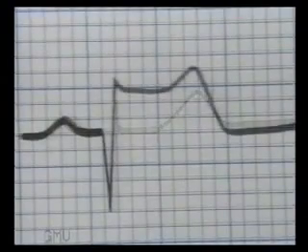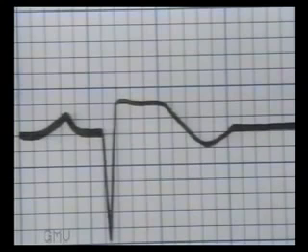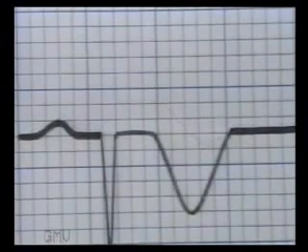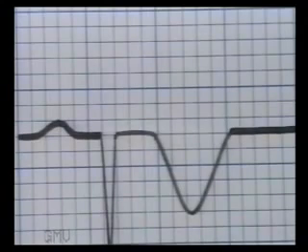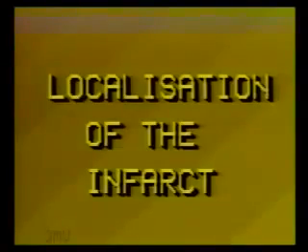This is ST segment elevation with upright T wave on the first day. This is ST segment elevation with inverted T wave during the first week. Now a QS complex is formed with deeply inverted T wave during second and third week. And this is the picture after 3 months where the T wave has become upright and only a deep QS complex persists. Now that we have learned to recognize the typical changes in the leads facing the infarct, let us learn how to localize the infarct.